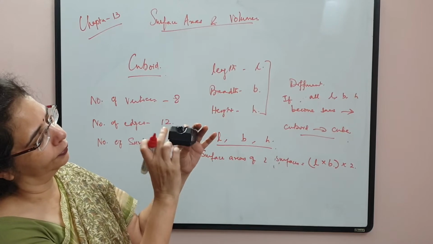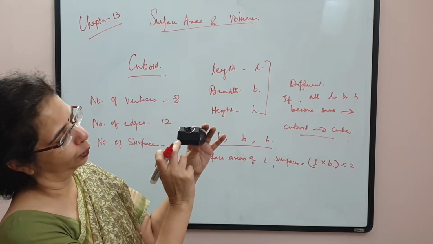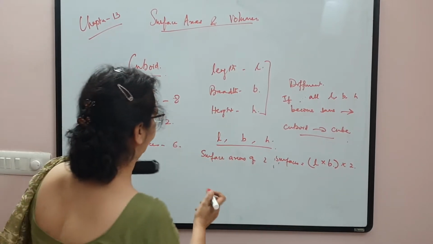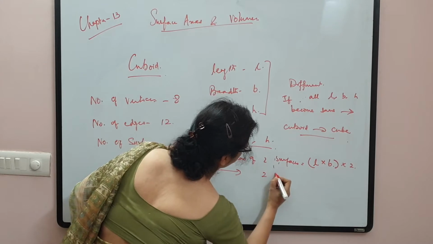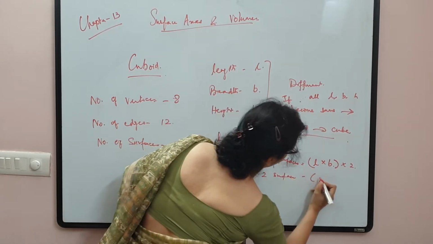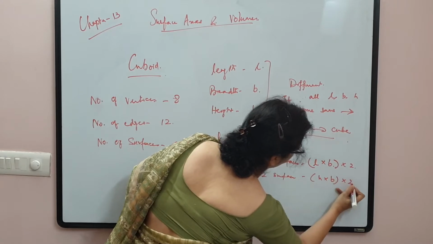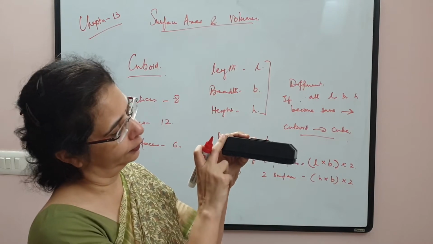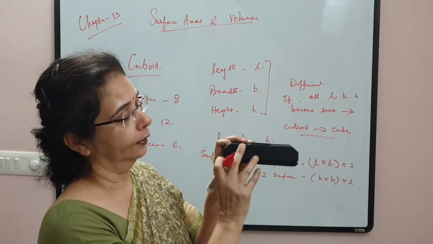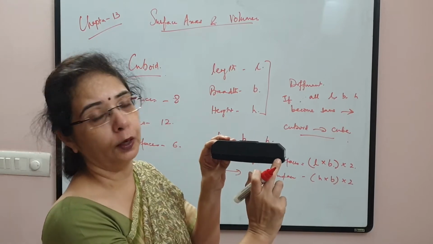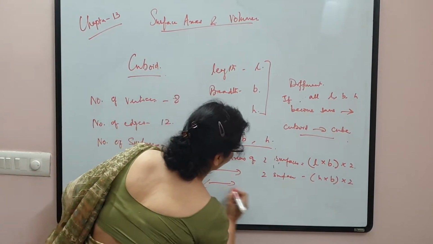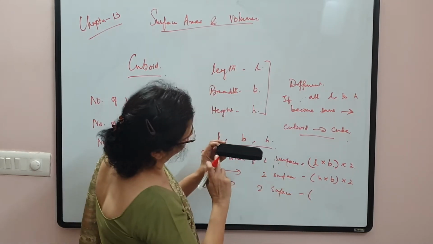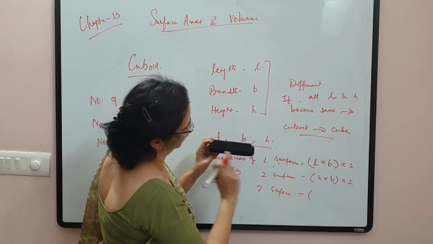After this we considered this. This is height, this is breadth. So there are 2 surfaces whose areas are H into B. So the surface areas of another 2 surfaces is H into B, 2 of them. Now what are we left with? This. This is, children, height into length. Similarly, this is height into length. So there are 2 more surfaces whose areas are height into length.